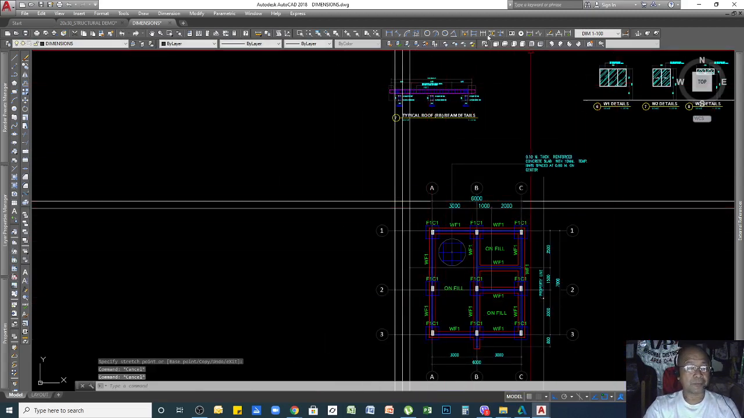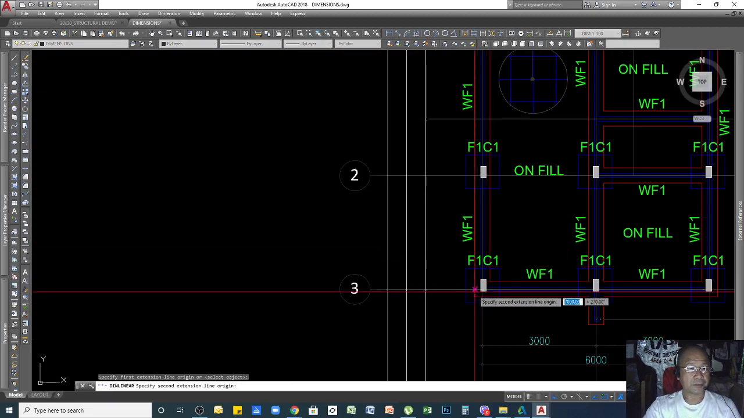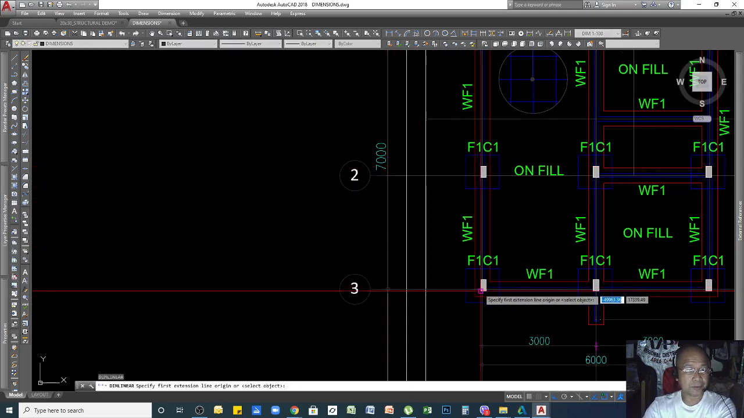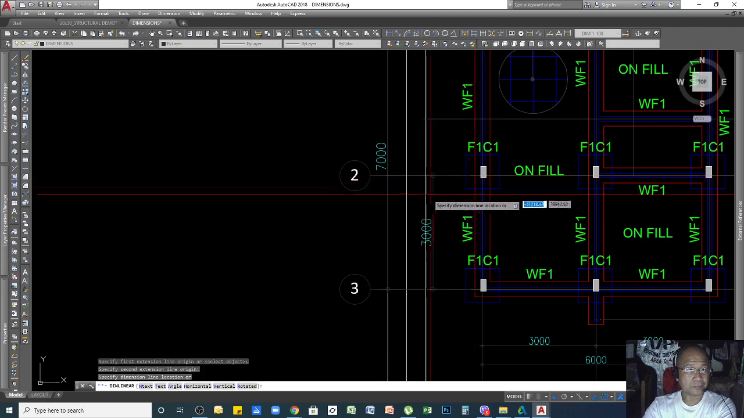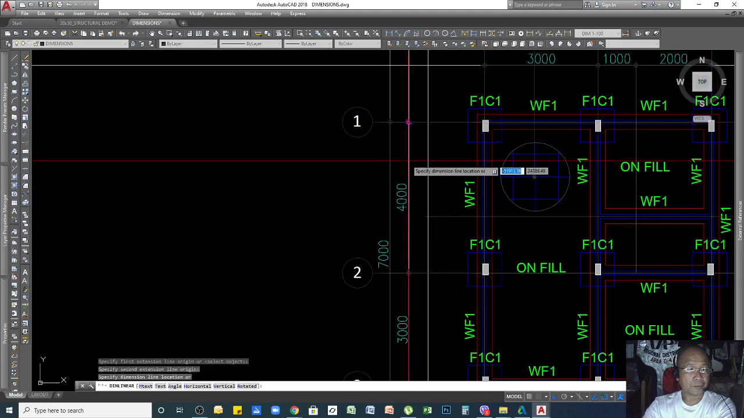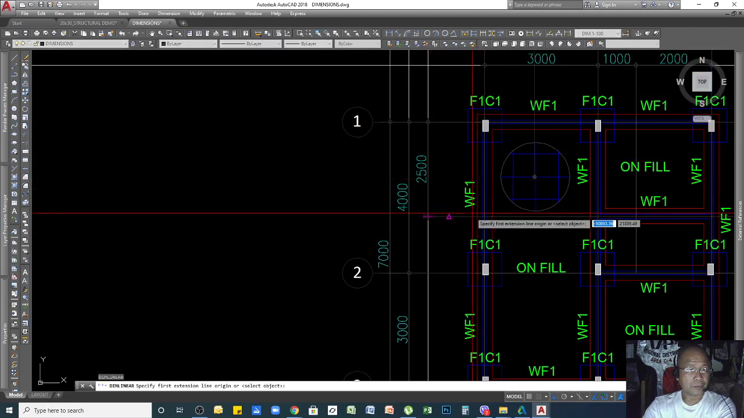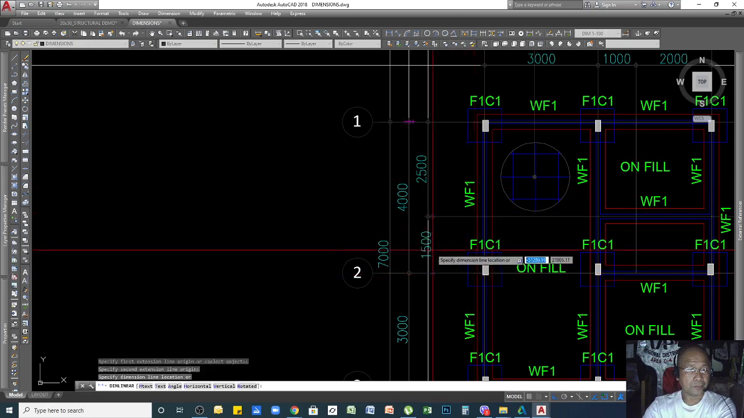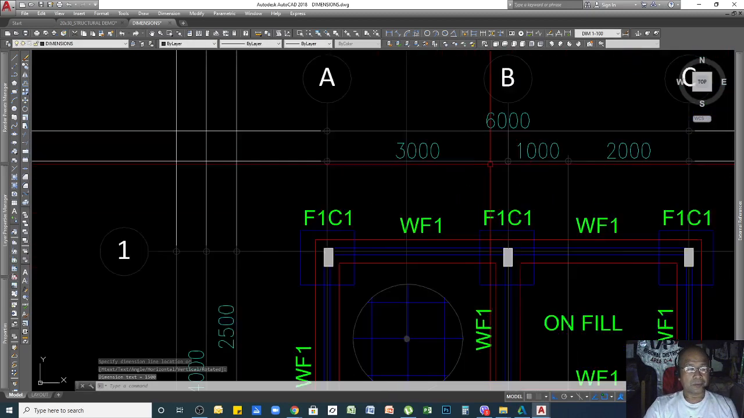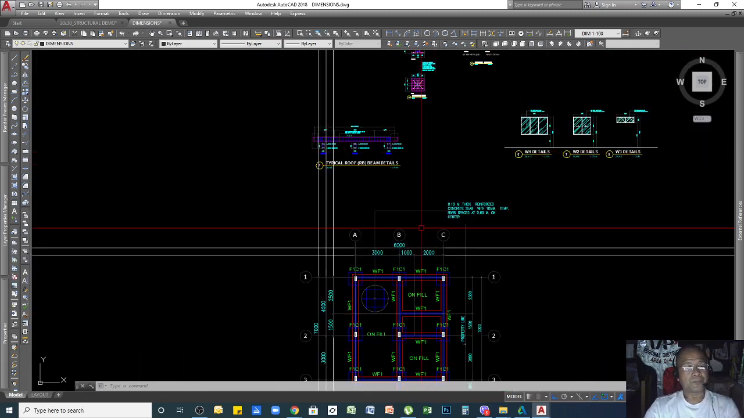So for my vertical dimensions, I can click here. Okay, 7 meters, and then here, here, and then with this one, right? So that's how the 1 is to 100 scale function works. So again,